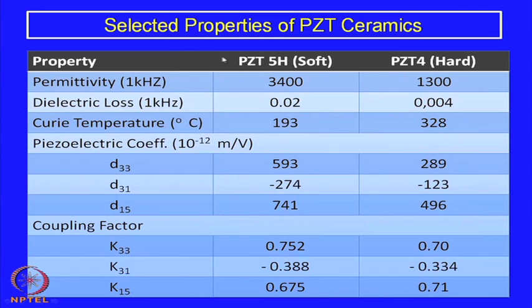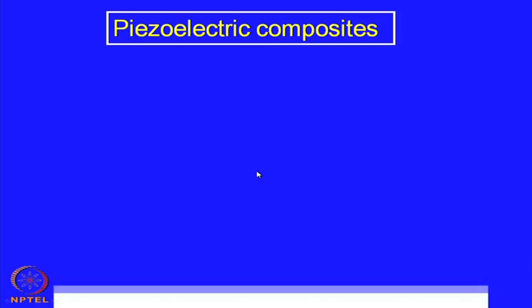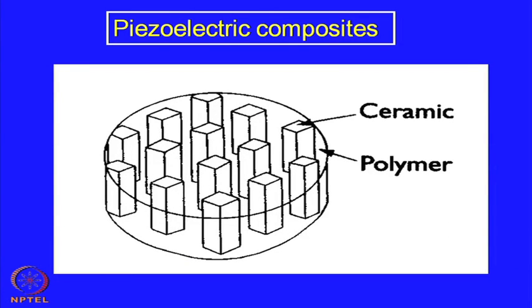Okay. So, in addition, of course, the permittivity, that is the dielectric constant. Dielectric constants are also quite different. So, you have 2 different industrial standards, depending on their composition and depending on their microstructure. So, for different properties, you can vary the property to some extent. As you have seen, PZT is one of the very important piezoelectric ceramics used in industry. We will see a large number of applications in a few moments, but before that we would like to introduce another group of